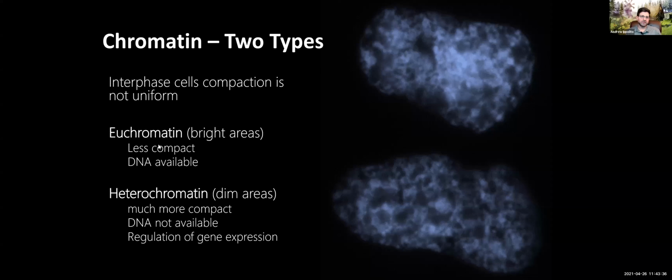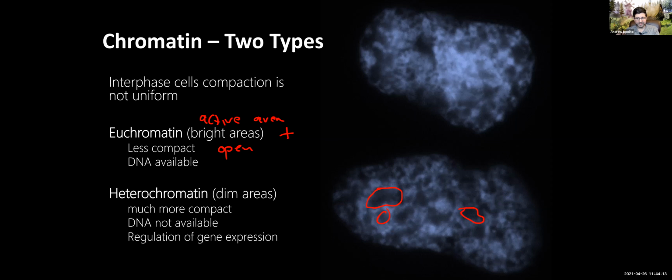Okay. The euchromatin there, the bright areas, not the dim areas, it's less compact, it's more open. All right, so what you associate euchromatin with: open, positive, the good areas. It's the areas that are the active areas. Okay. In contrast, the dim areas, the dark areas, are the areas of the heterochromatin. That's where the DNA is tightly coiled up to the point where the stain can't get to it.